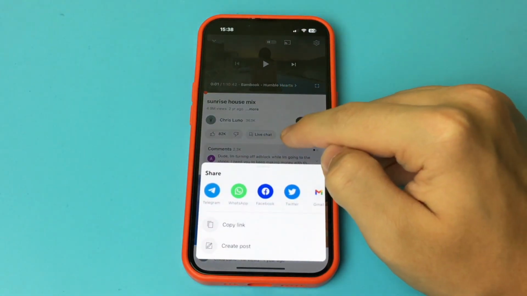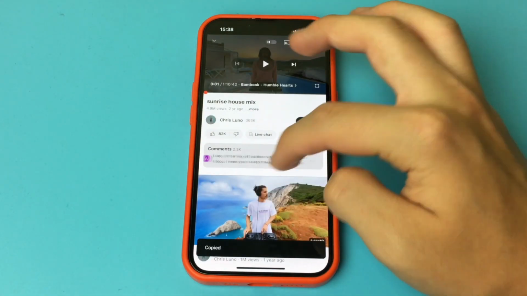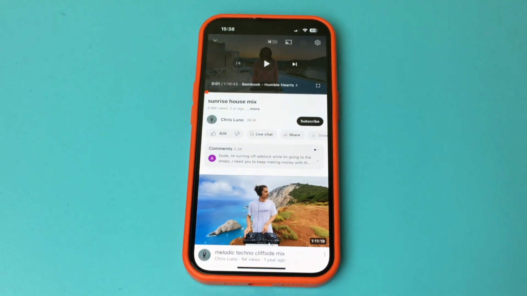As you can see, to copy a link to a video, there are no special problems. It takes a couple of clicks. As you can see, this is a very simple and quick way. Done. There is nothing complicated.